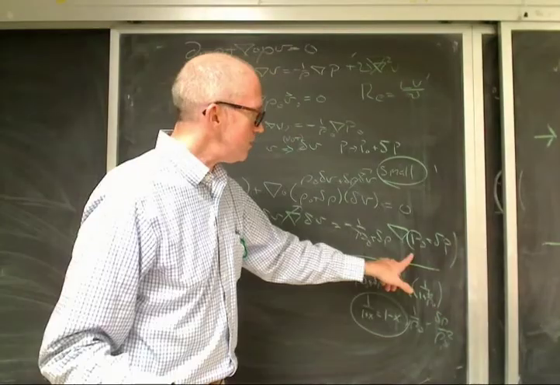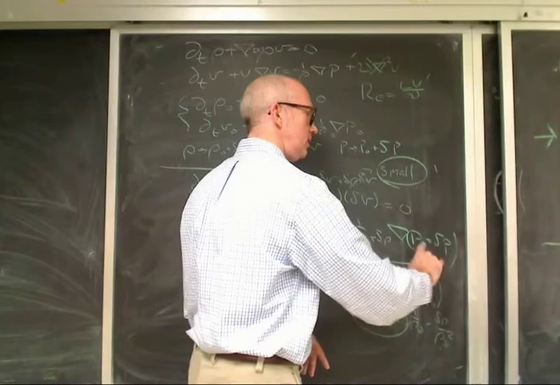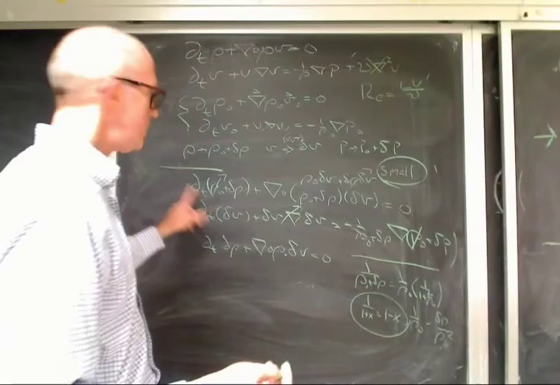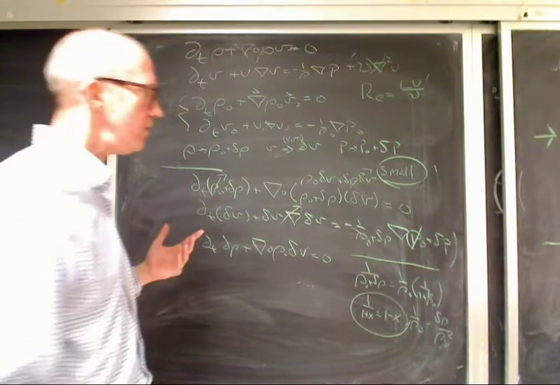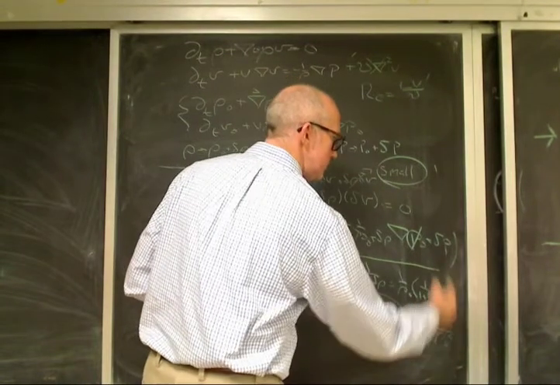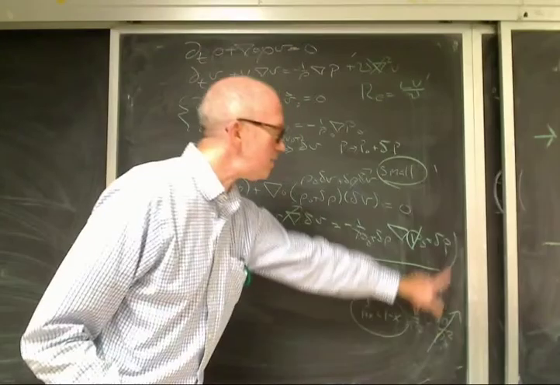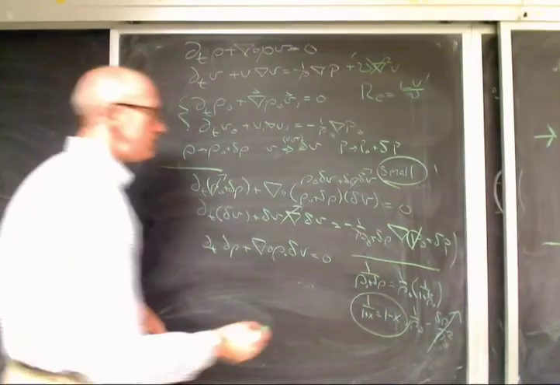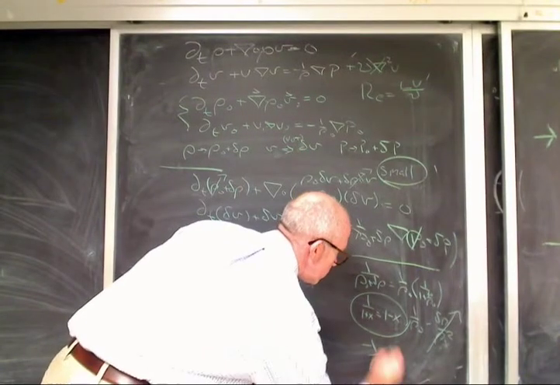Okay, let's check about this term. So I've got a bunch of things in this term. This is 1 over rho grad p. So grad p0 is going to go away. You can think about that as I'm going to use it to cancel out my background solution, or it's constant, so the gradient is 0. So I'm just left with the grad delta p here. I'm going to multiply this term times grad delta p, which means this second term goes away, because this is a delta rho, and I'm going to multiply it by a delta p.